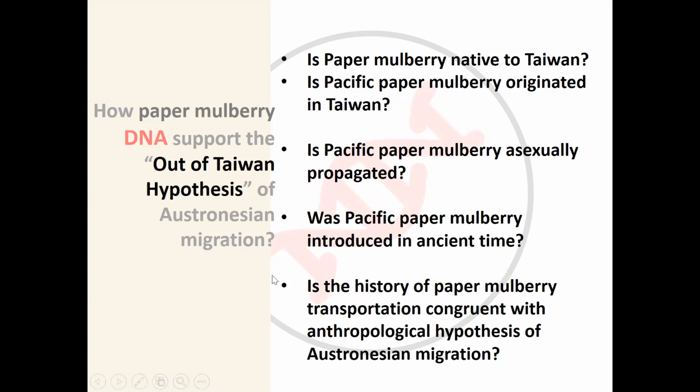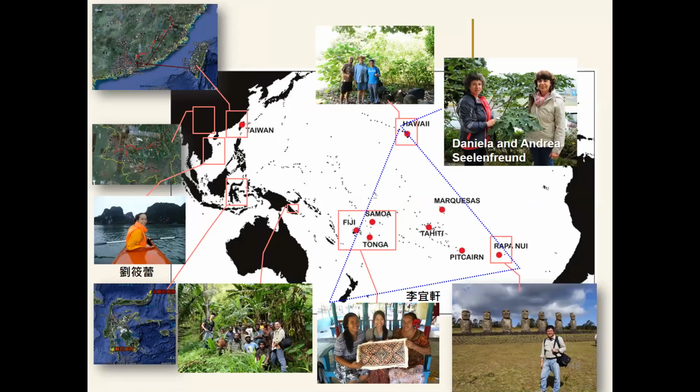I also want to show whether paper mulberry was introduced in ancient times, or alternatively whether this might be a very recent event. Then I would like to know whether the history of paper mulberry transportation is congruent with the anthropological hypothesis of Austronesian migration. So in order to